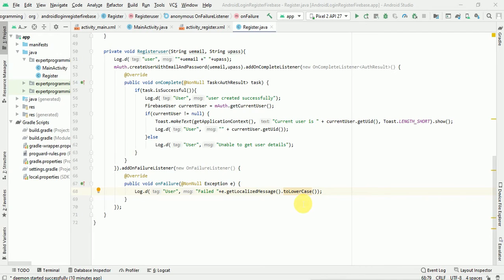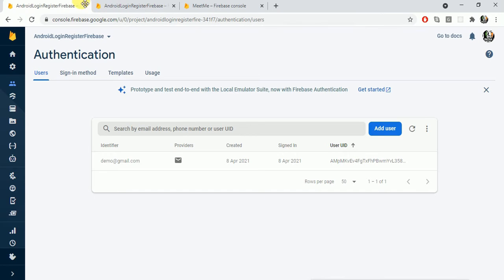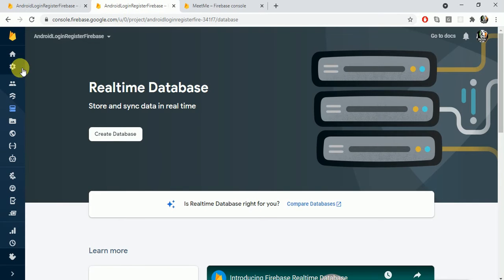Welcome back. This is the continuation of the last lecture, in which we saw how to register a user with Firebase in an Android app. If you have watched my previous video, you will see that I used one user for the sign up, and in the authentication section of Firebase I used that for authentication with email and password. Here you can see that the user email ID is present and the user ID is also present. So in this session we are going to see how we can store this user information in the real-time database.